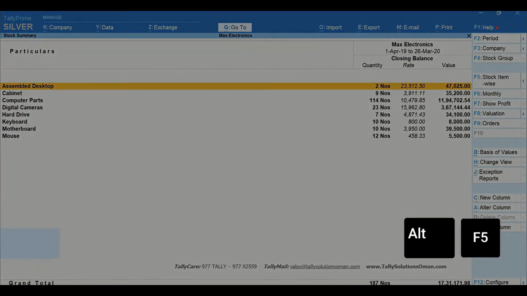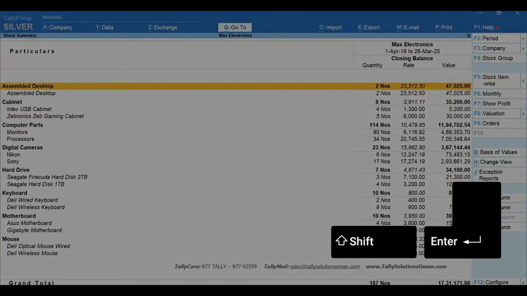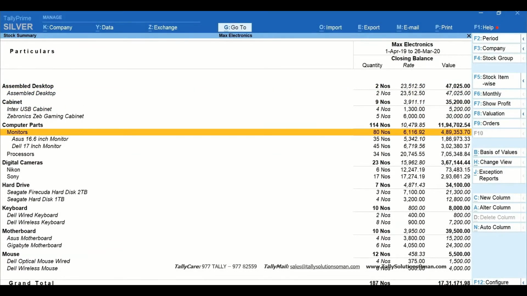Press Alt F5 for a detailed view. Now you can see the next level details, that is, subgroups and stock items. Press Shift plus Enter on the sub-stock group, let's say monitors, to see stock items under the selected group on the same screen. If you want to view a detailed stock summary with all stock groups, subgroups and stock items